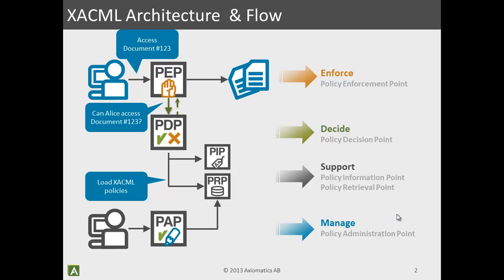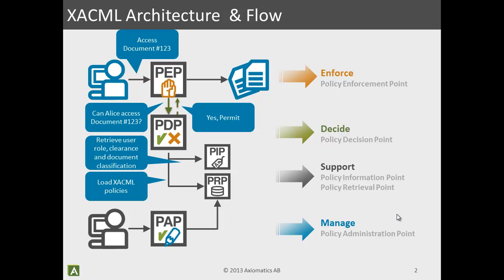In this example, the policy might be managers can view documents if their clearance is greater than the classification of the document. This means that the PDP will need to retrieve the role of the user, the clearance of the user, and the classification of the document. The PDP will call out to the PIP to retrieve those values, and provided the values are adequate and in line with the requirements of the policy, the PDP will return a permit. On receiving a permit, the enforcement point enforces that decision and lets the original business request go forth to the